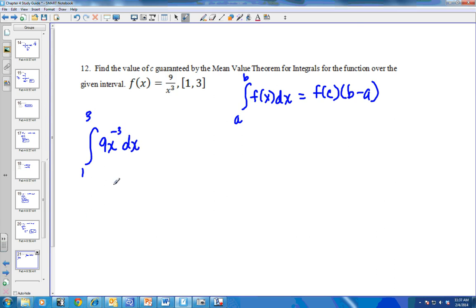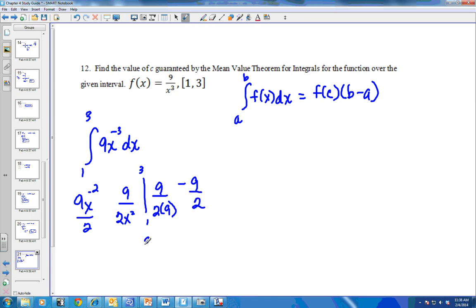Okay, so I'm going to go ahead and work that. So that's going to be 9x to the negative 2 over 2. And I'm going to rewrite that so it's easier for me to evaluate from 1 to 3. So I have 9 over 2 times 3 squared, so that's 2 times 9, minus 9 over 2. So that's 9 over 18 minus 9 over 2. So that's 1/2 minus 8 halves. So I get